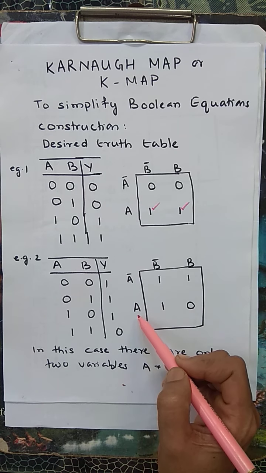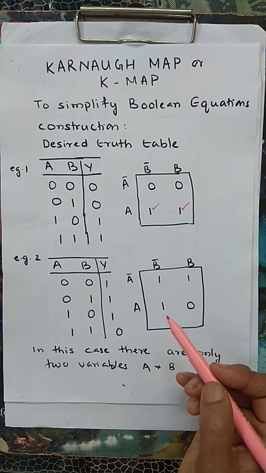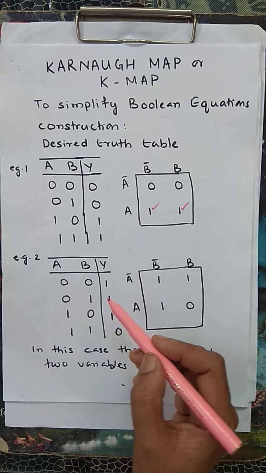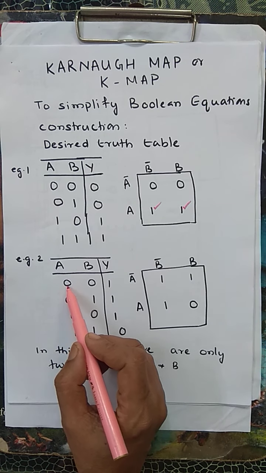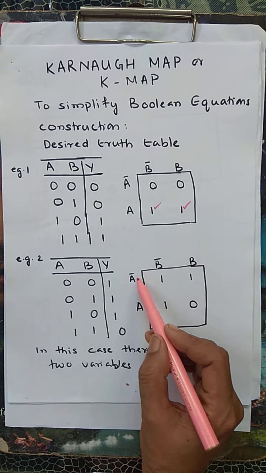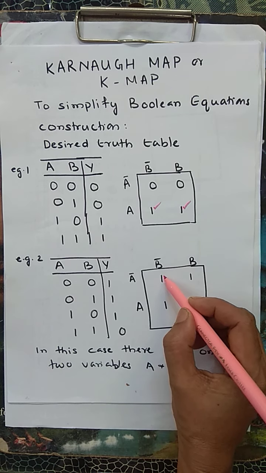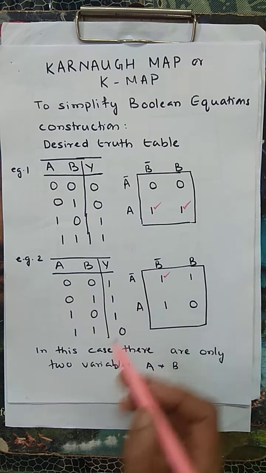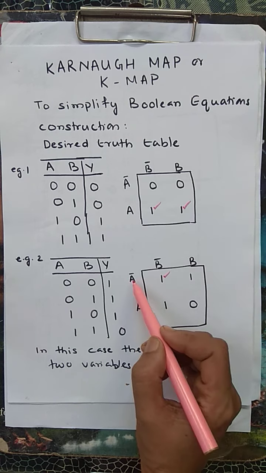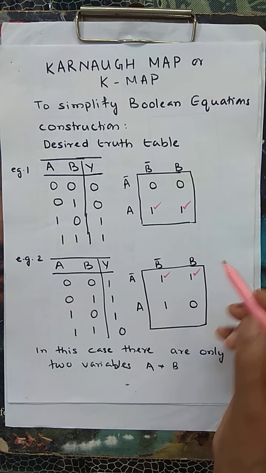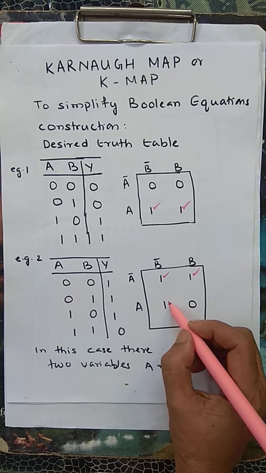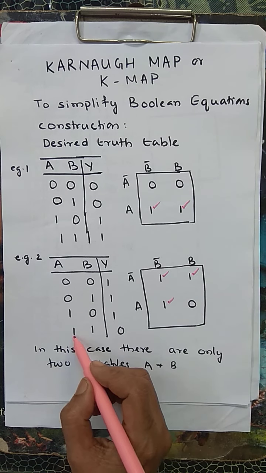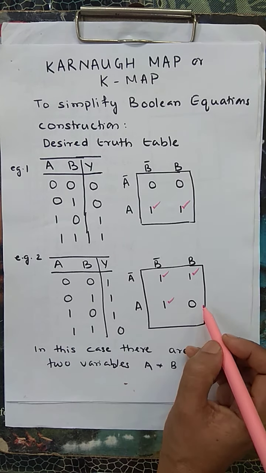So again A complement, A, B complement, B. Now we have to look at the inputs where you have high. This is high input. That means the product is A complement B complement. A complement B complement is 1. I have written down the output. Then A complement B is also 1. A B complement is 1. I have written down 1. A B is 0. I have entered the value 0 over here.